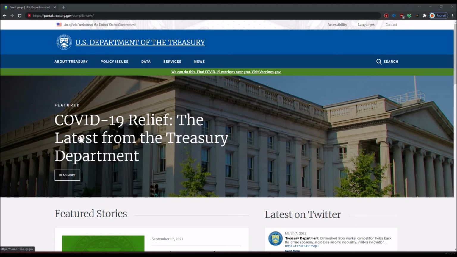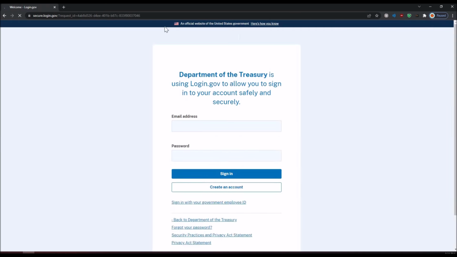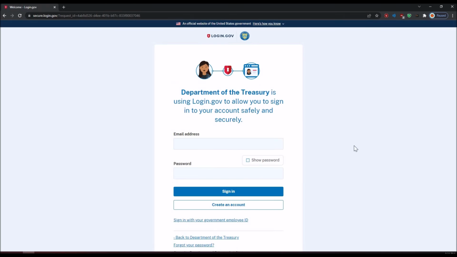All right, so I'm going to start this process by opening up, in this case, my internet browser being Google Chrome. You can see the homepage is set to the Treasury site, and that's okay because I've copied up here the URL for the Treasury Reporting Portal, which we just identified on the previous screen. So I'm going to go ahead and press enter. And that will direct me to a login page here.